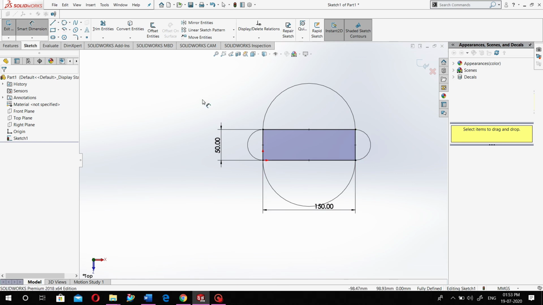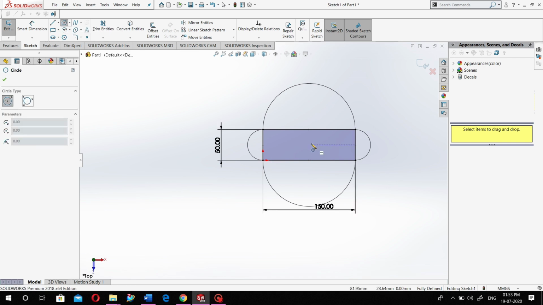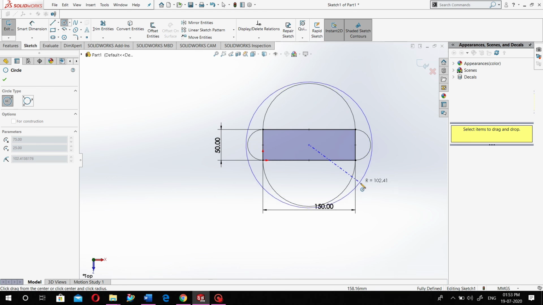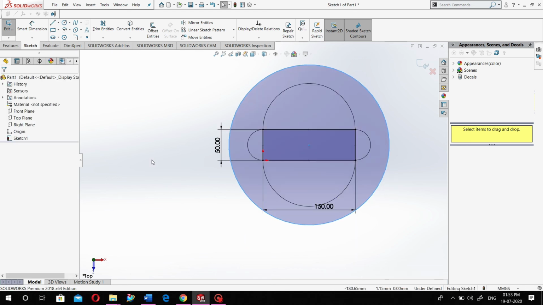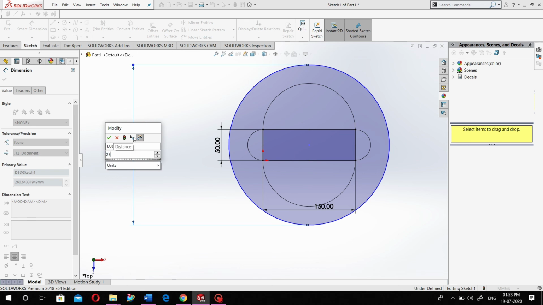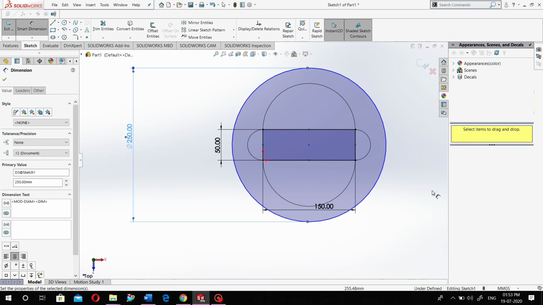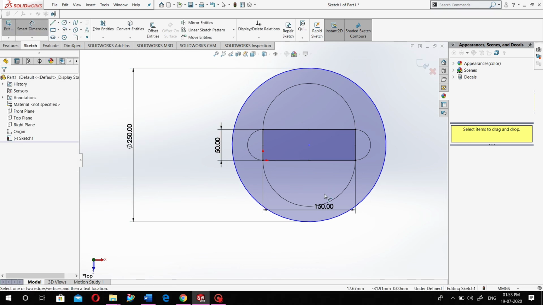We have seen this about the arc, and about the rectangle, and just make a circle also, and this is about the circle. So whatever we learn today, we merge it in a single sketch, so it is easy for all to understand. That is how to make a circle.